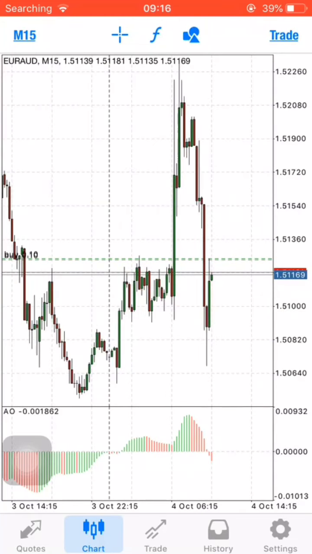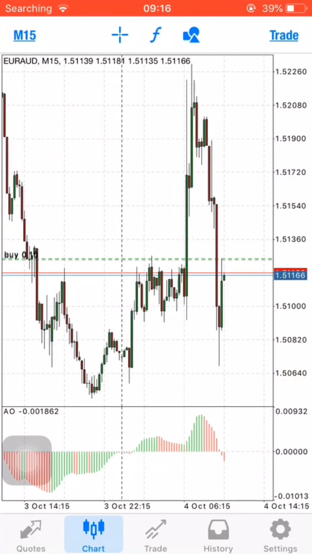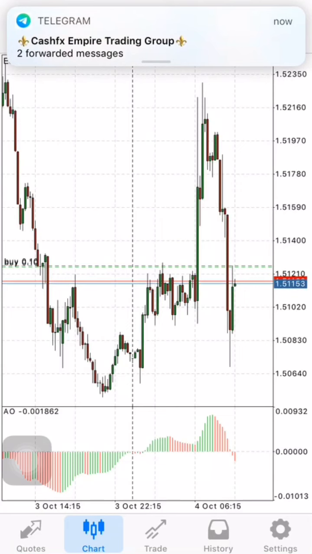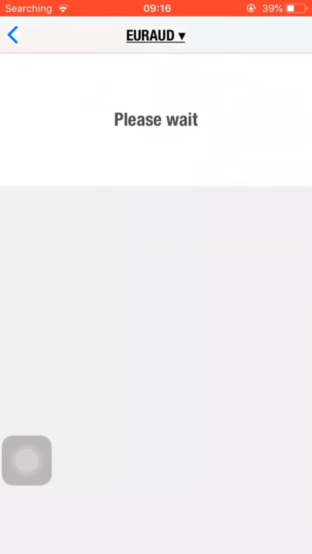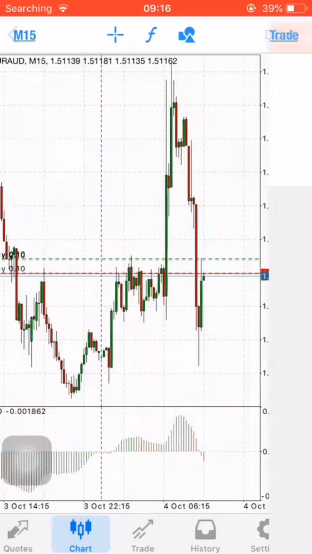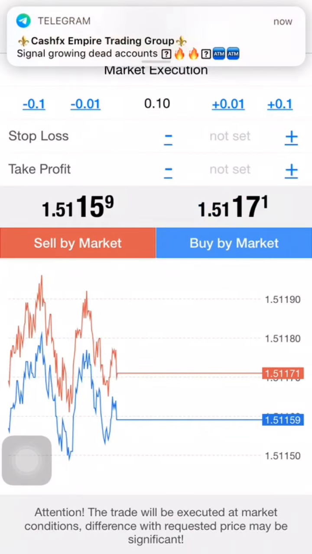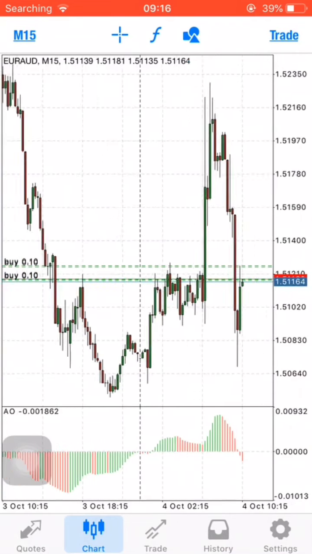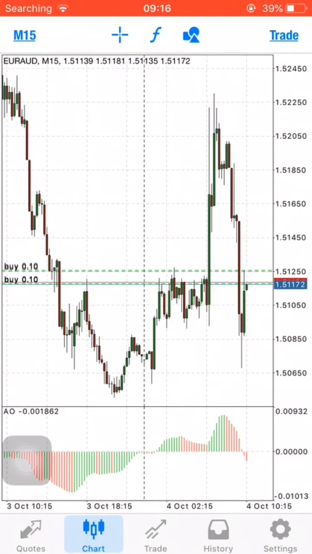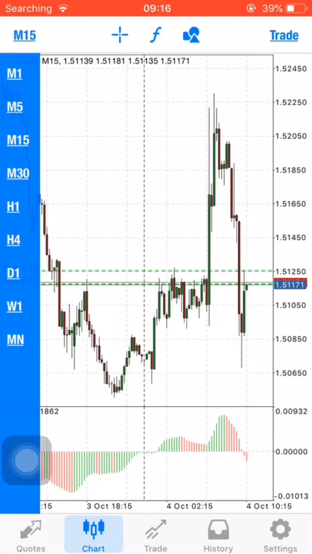I have entered a few positions here on the Euro AUD pair, guys. You can see I'm again going to insert buy positions, and I'll explain how I've managed to analyze this type of pair. You can see it's a 15-minute time frame, and I'm just going to switch to quite